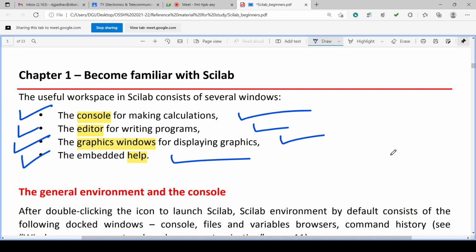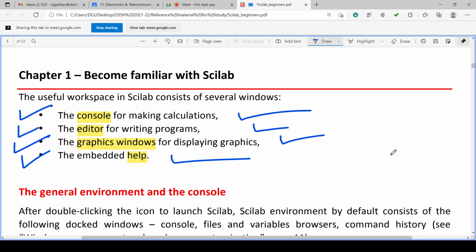There is a help menu. We can launch the help menu by writing the command HELP and pressing enter at the command prompt of the console, or we can click on the question mark on the window and get the help menu. After getting the help menu, we can search for any topic. This is one way.